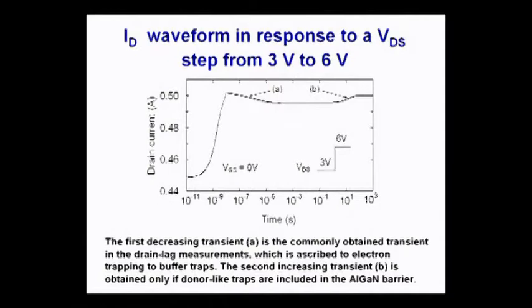We can obtain an increasing transient only if we include donor-like traps in the barrier, which suggests that the kink effect can be explained by electron trapping into barrier traps and a subsequent emission after a certain level of electric field is reached. The first, decreasing transient is the one commonly obtained after